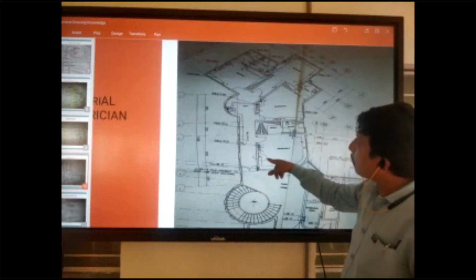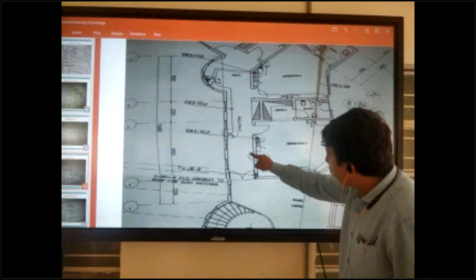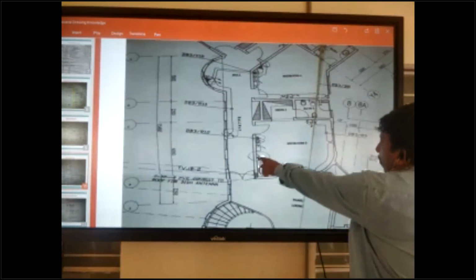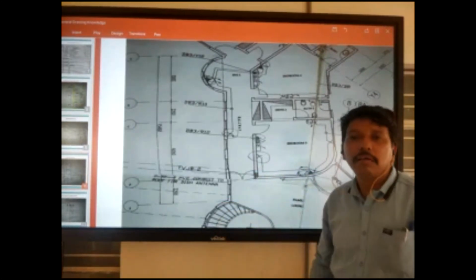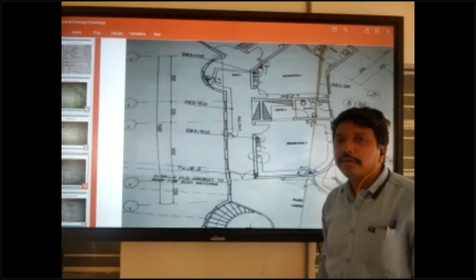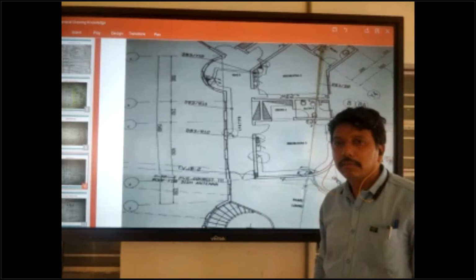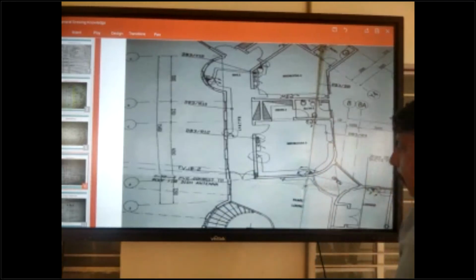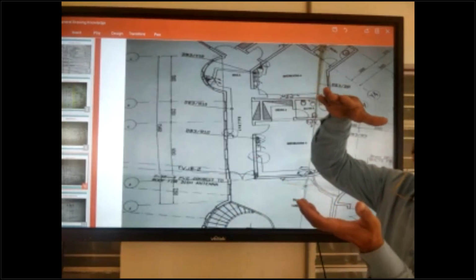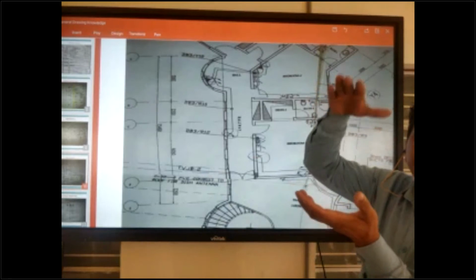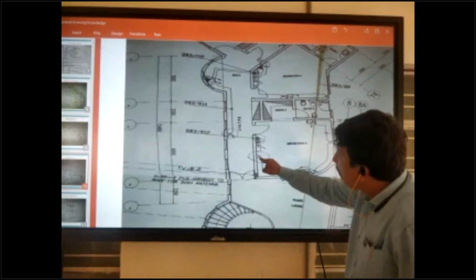This is the power socket, TV and telephone. You see there is a power socket; I have circled this one. This is a power socket outlet. A power socket is always at floor level plus 450 mm, a total of 450 mm level. And our switch height is 1250 mm. This chapter is also coming and I will explain. But this sign is used for a power socket.